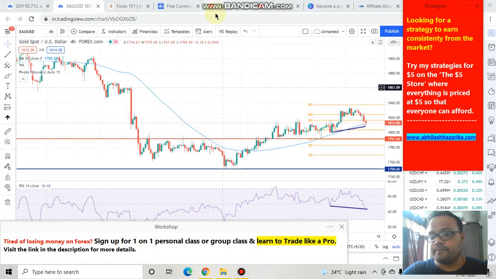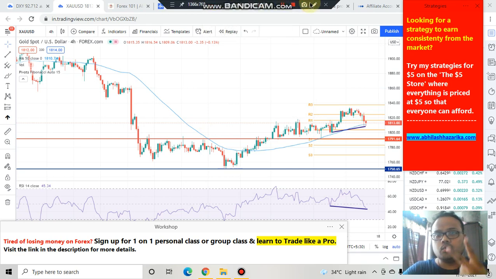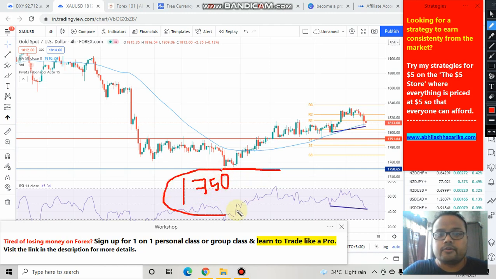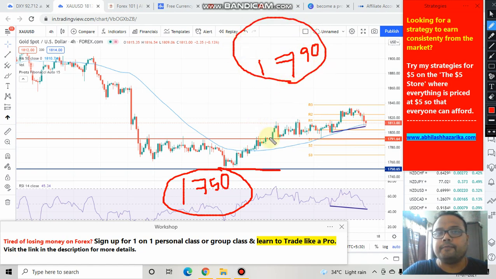First and foremost, I would like to discuss that we have got two levels here. You can easily see that we have got this level on the chart, which we can expect will act as a support for the market, and that level is 1750. In your trading platform or charting platform also you can mark these levels. On the other hand, we have got 1790, this red line. You can also draw these levels in your trading platform, because previously when the market tried to go down, these levels somewhat provided the required support to the market.